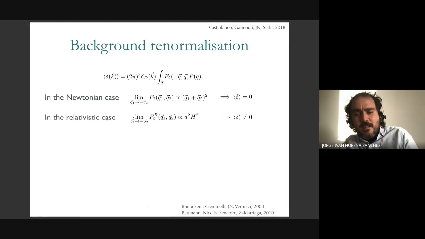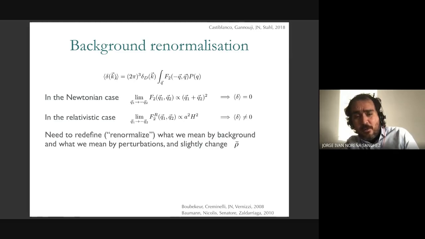But in relativity, this is not the case. The second order kernel goes to a constant. So your average density is different from 0. This means that you have to correct your background. And if we don't do this, our loop integrals don't only diverge, but they become exactly infinite. So the whole perturbation theory becomes inconsistent if you don't do this. It's not that you can set a cutoff, etc. They are multiplied by infinite quantities. You don't notice this at tree level, but when you start writing your loop integrals, they're exactly infinite. So you have to take this into account.